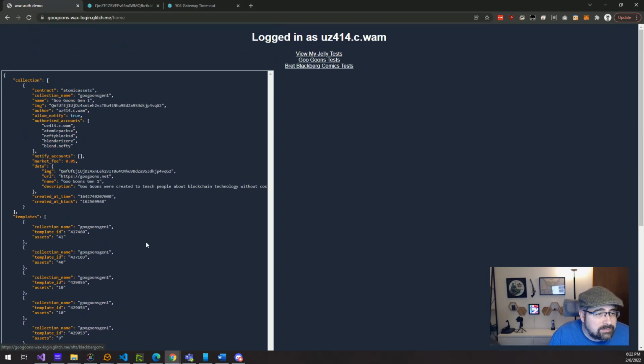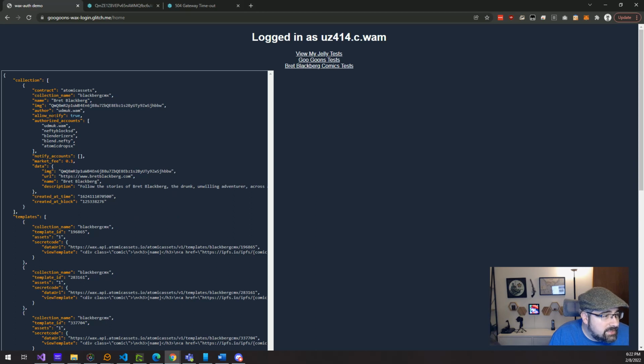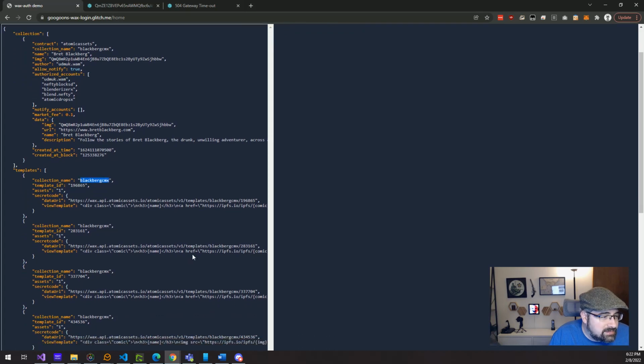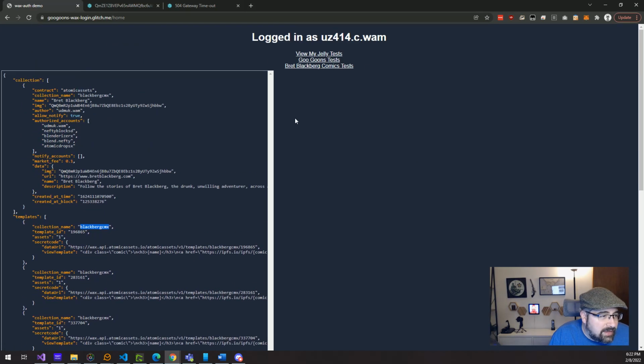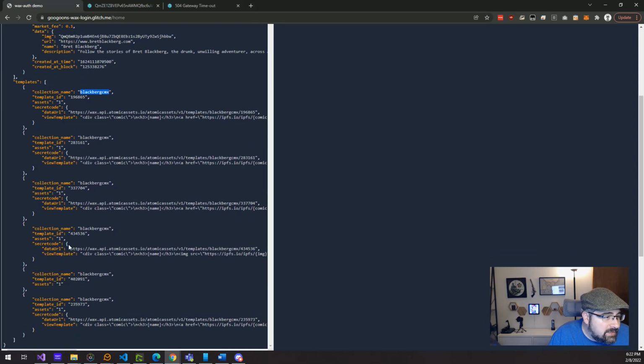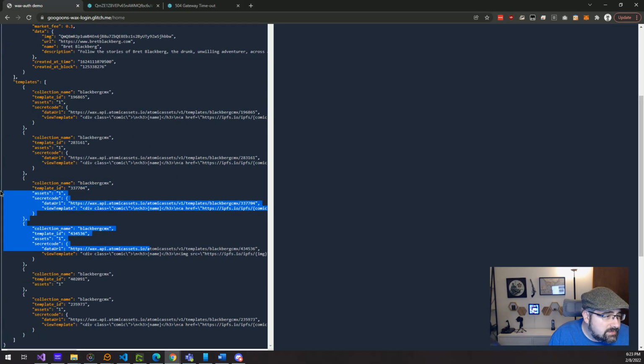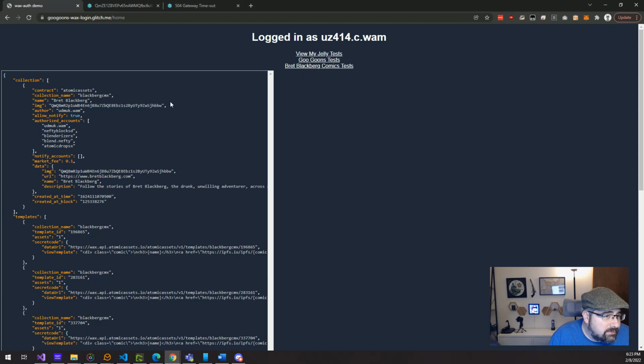And if I do Brett's Blackbird's comics, you can see that it filters based on the collection name, which is this, Blackbird CMX. And it's showing in this user's validated wallet that I have all of these different templates. And what the server has done is it's preloaded a data URL for actually getting the details about that template, meaning the IPFS image, the PDF, and it's supplying a template for how to render that JSON data. And so what happens is that if I turn off the JSON view,